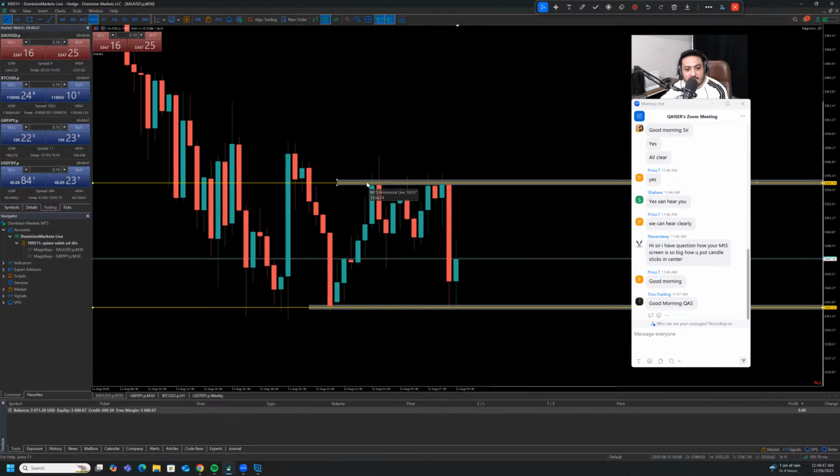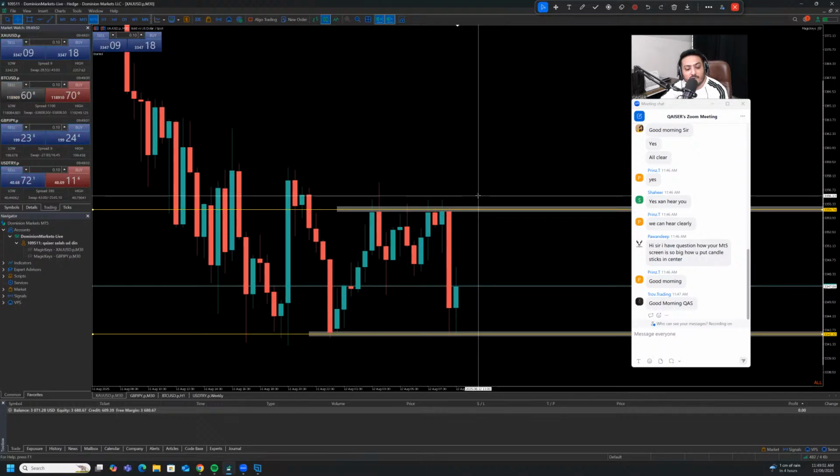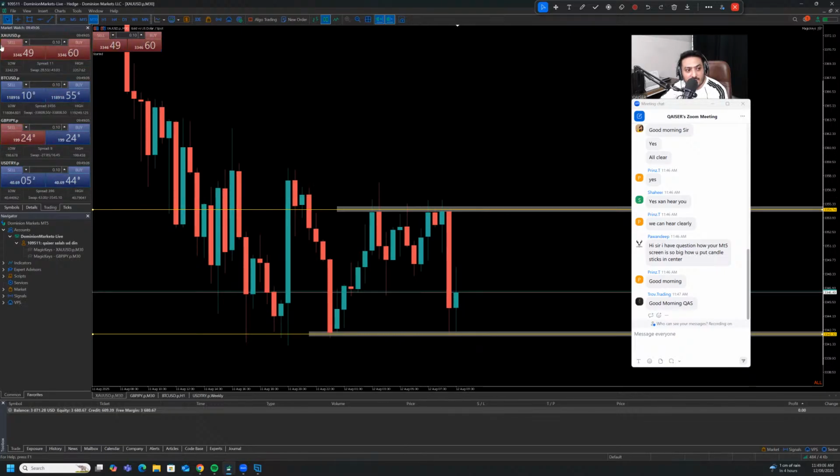So M30 has the same resistance area. I'm taking this current resistance area because if the candle breaks and closes above this resistance area, depending on the volume, if the candle shows very strong momentum and very strong volume with the opening of the London session, maybe we can hit this area on the left hand side. But for this one, we need to depend on the volume, because